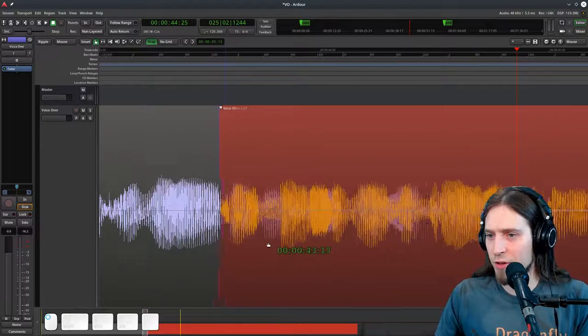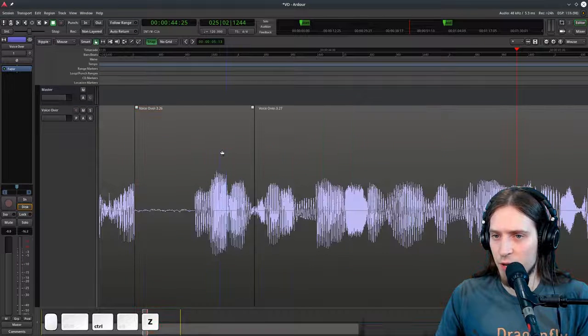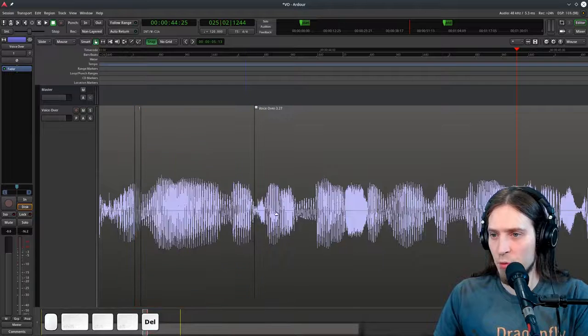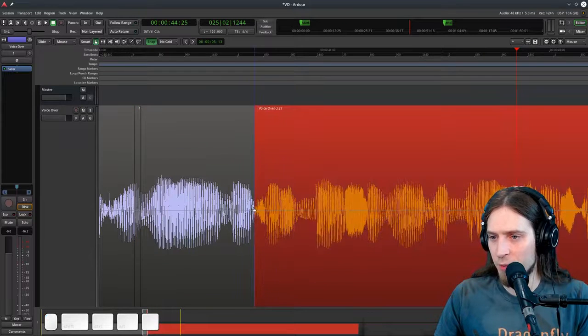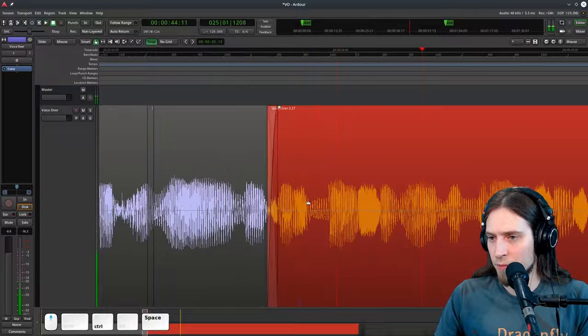And this is where the ripple mode is sometimes fighting against you, and sometimes slide mode would be better because it wouldn't automatically slide this thing. Not aware that it is basically